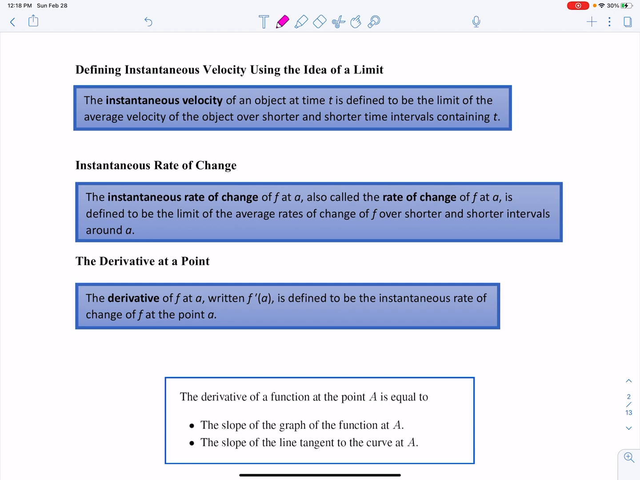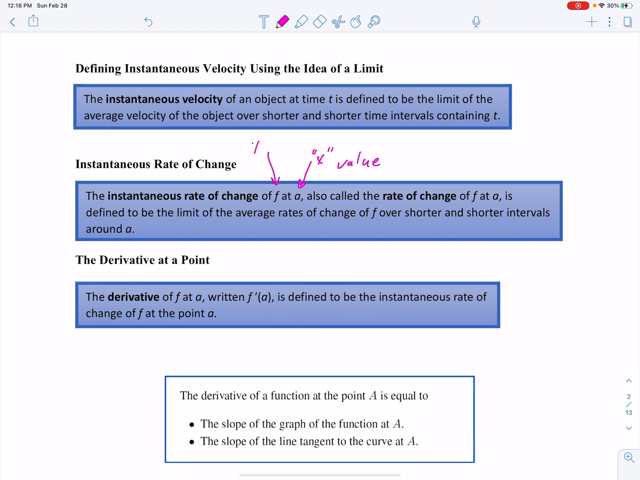So A, I know this is kind of a pain, they keep changing the variables on us. A is an x value. Okay, that's important. A is an x value. Okay, so they're saying the instantaneous rate of change of f, remember f is the y value, at A, which is an x value, also called the rate of change of f at A, is defined to